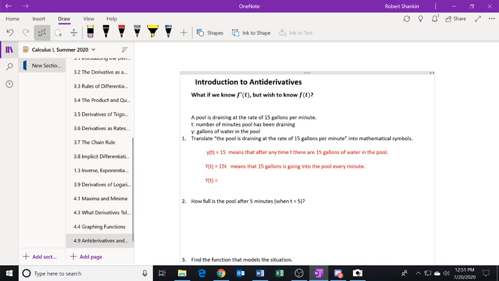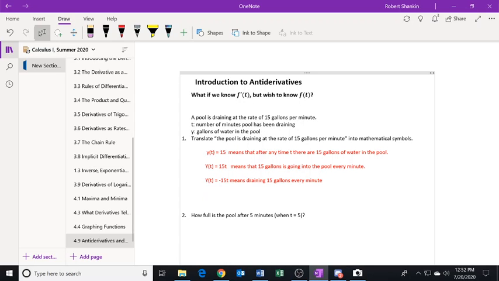Y of t equals negative 15t means 15 gallons is draining. It's draining 15 gallons every minute. But there's something about that that doesn't seem to make sense. How can there be a negative number of gallons in the pool? If t is 1, there's negative 15. If t is 2, there's negative 30. There's something about it that seems right now, that the water's flowing out, but we keep getting some